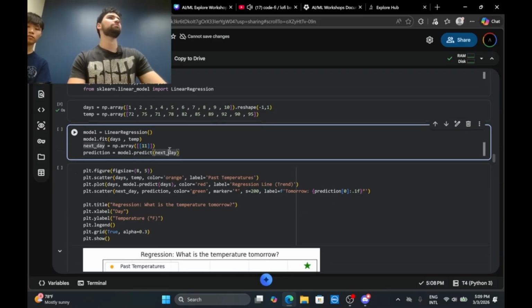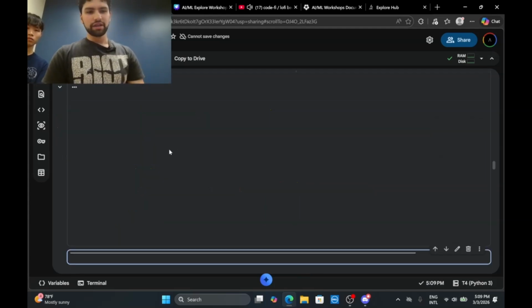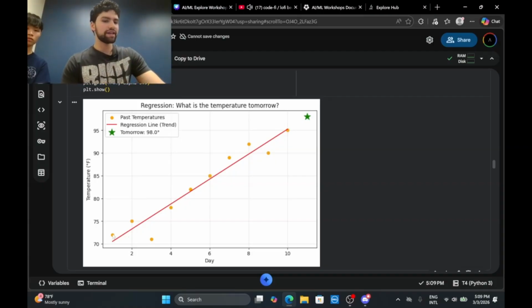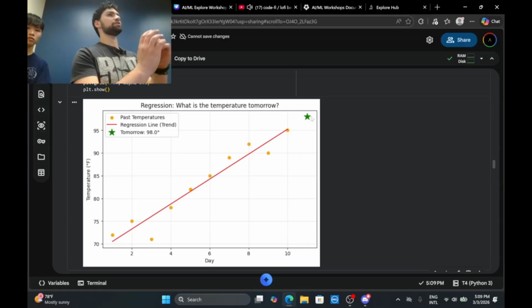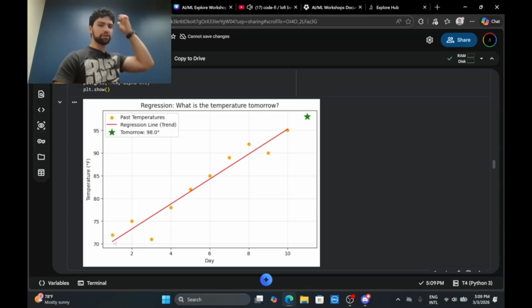The reason I brought up y equals mx plus b is that I'm going to show you right here. Given the data points, for example day 1 was 70-something degrees, all the way till day 8 it was 90 degrees, and we want to predict day 11. We try to find the best fitting line that represents that data. If we had a line that started here and ended up here, it wouldn't really represent our data.